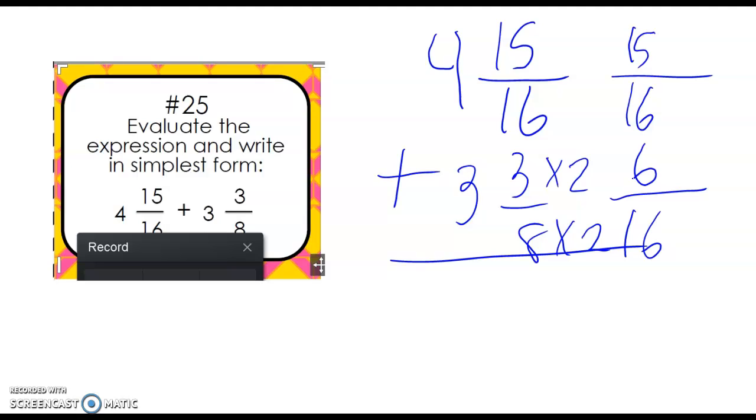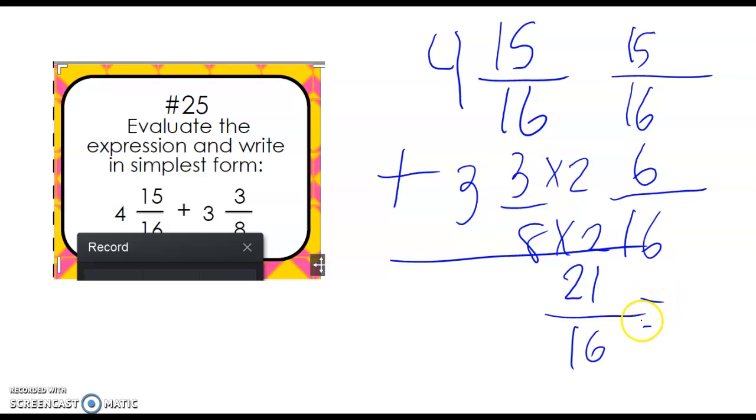The reason that we always add the fractional portion first before the whole number portion is because sometimes when we add together, we get something that's greater than 1, or an improper fraction. Just like this. So 15 plus 6 is 21, so we end up with 21/16. But we can't just say 7 and 21/16, because this is an improper fraction, so we want to turn it